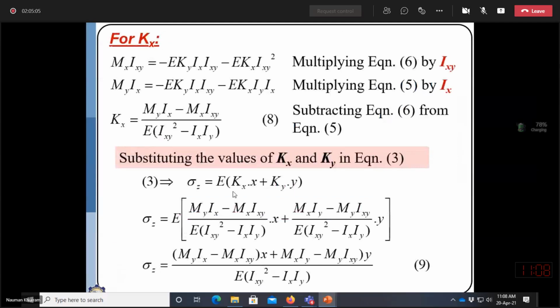In this equation, all parameters are with reference to the centroidal axis, and you need to substitute the x and y values with reference to their coordinate signs. So you don't need to be very careful about the sign convention; we will also discuss it. So x and y are the distances of any point from the centroid, along with their centroidal quadrant sign.